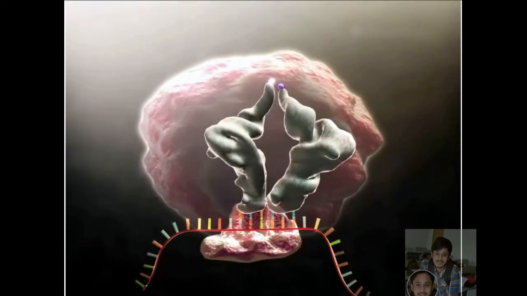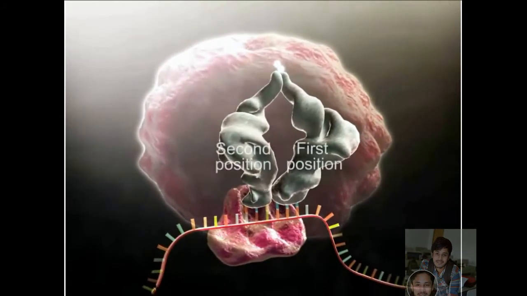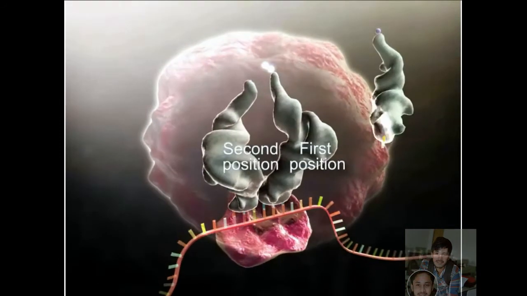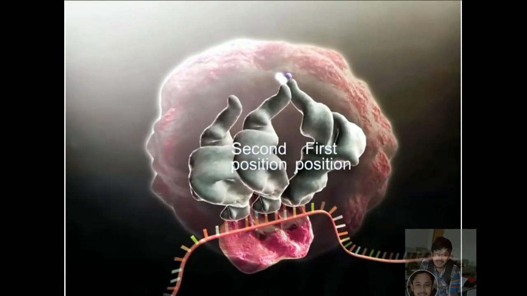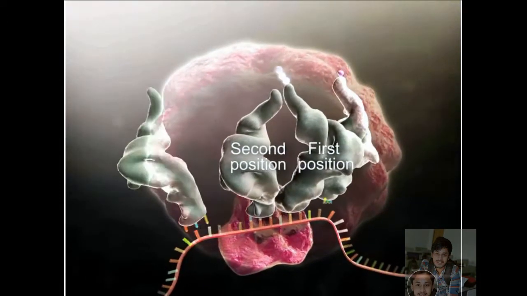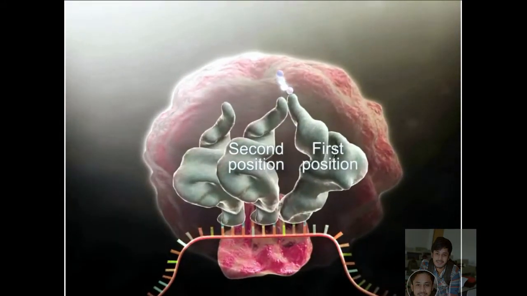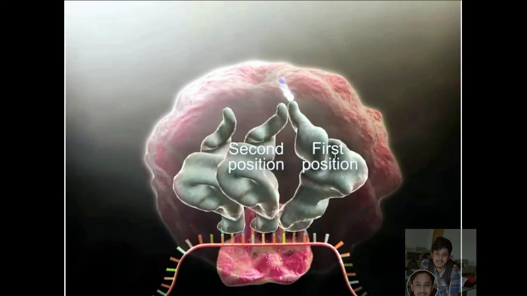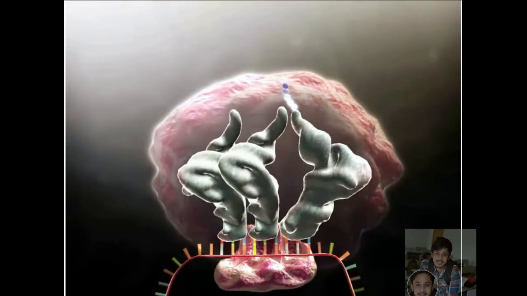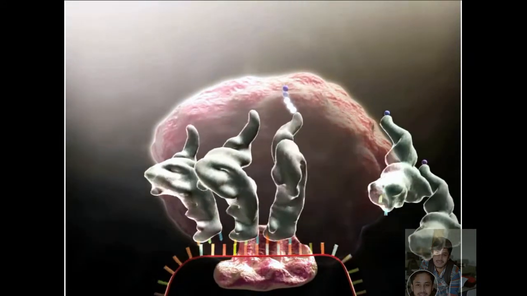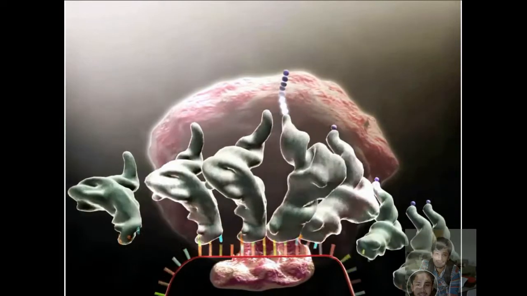When the amino acids of the 2 tRNA molecules are joined, the tRNA in the first position is released to get a new amino acid. The growing protein is attached to the tRNA in the second position. The mRNA is then pulled through the ribosome so that the tRNA with the protein chain is now in the first position. Now, a new tRNA with the proper anticodon can come into the ribosome at the open position. This pattern continues as tRNA after tRNA bind to the mRNA codons and their amino acids are added to the